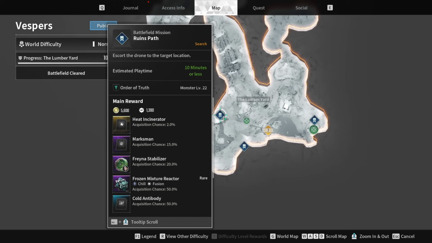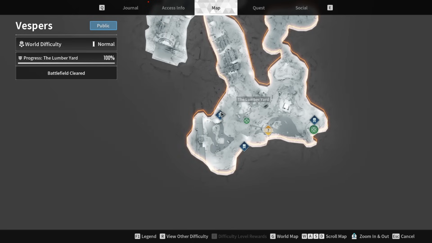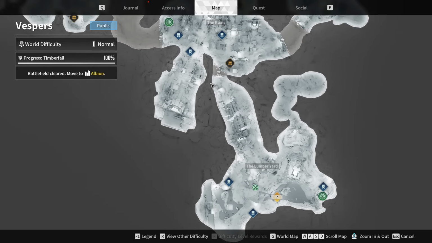It is a very simple mission. Just run it until you get the Freyna Stabilizer to drop for you. It took me like 5 or 6 times. It's a basic escort mission. You're just going to walk next to a little robot until it gets to its destination, and then you protect it. It takes about 5 minutes per run. Very simple. Once you've got that checked off your list, you're then going to move north again to the next